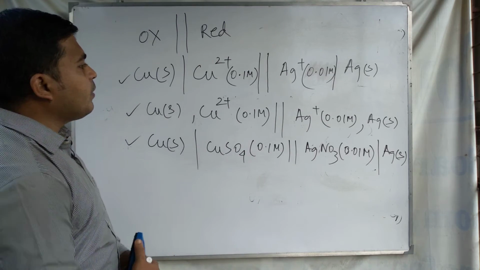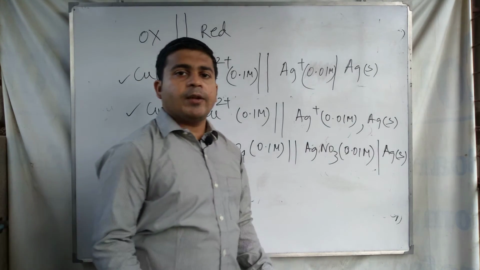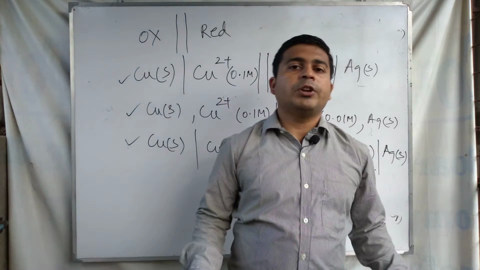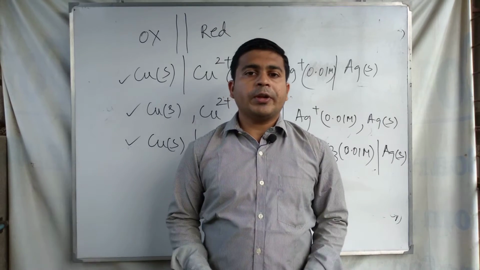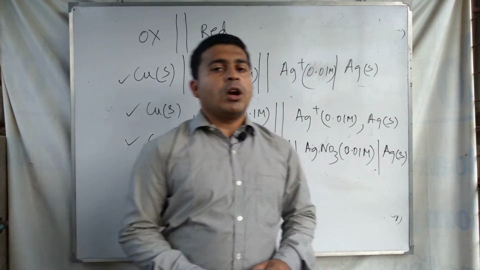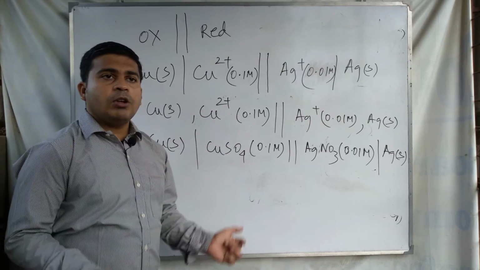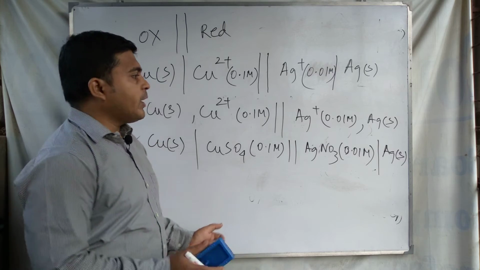Similarly, you can represent some other galvanic cell using the overall chemical reaction of the galvanic cell. If you know the overall chemical reaction of the galvanic cell, then you can represent the galvanic cell or write the notation of the galvanic cell. We take another example to represent the galvanic cell.